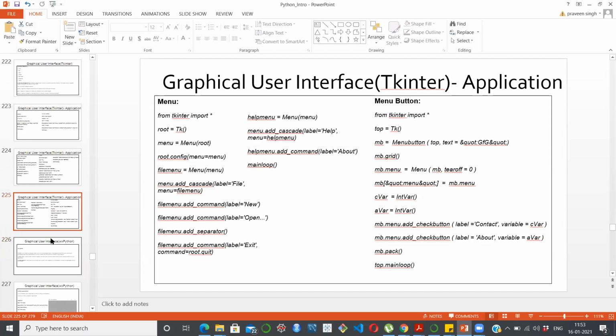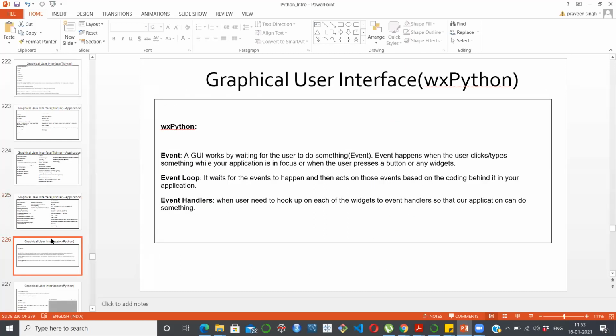This was actually about Tkinter. Now we can have a look into wxPython. It's also a GUI toolkit that works by waiting for the user to do something, or maybe you can say an event. An event happens when the user clicks or types something while your application is in focus, when the user presses a button or any other widgets.